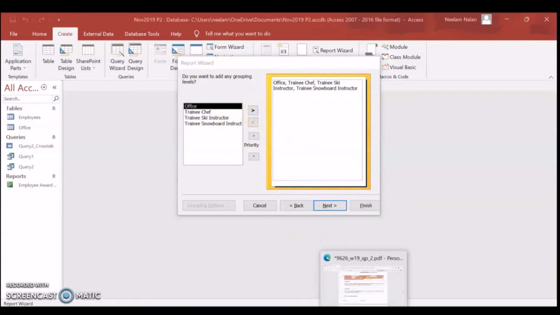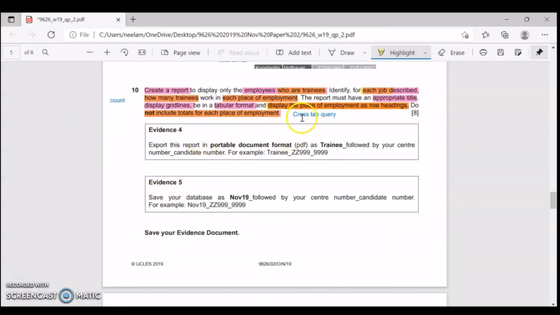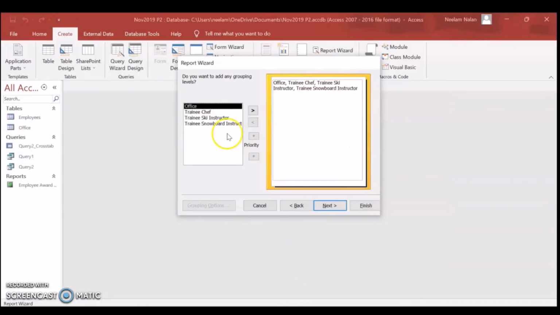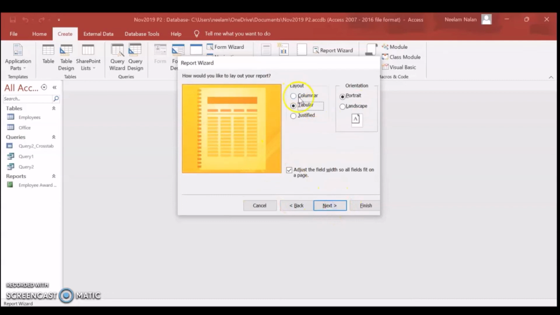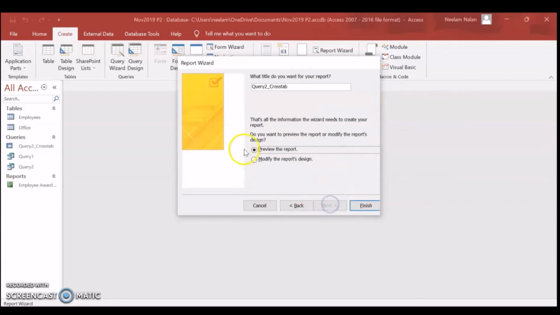It should be a tabular report, so we are not going to follow any kind of grouping here. Tabular and portrait. We'll change the name as per the report.